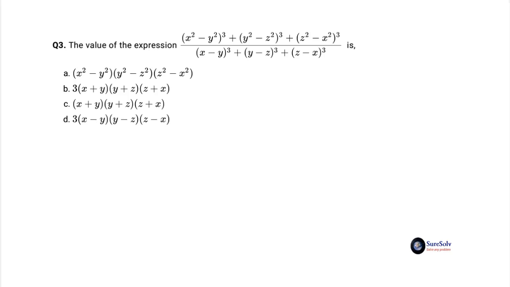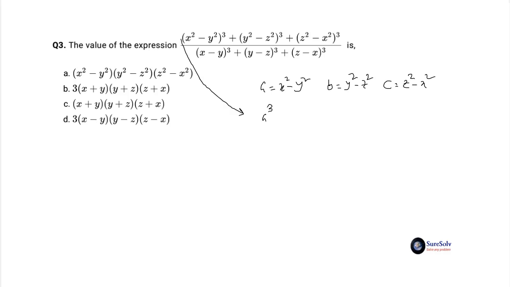The interesting pattern that you observe is that both the numerator and the denominator are in fact sum of cubes, but in compound variables, where the sum of the compound variables is 0 in both cases. To simplify dealing with compound variables, first substitute a equal to x square minus y square, b equal to y square minus z square, c equal to z square minus x square, so that the numerator is expressed in compact form as